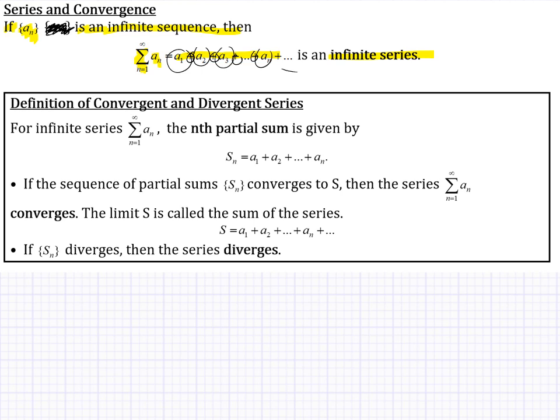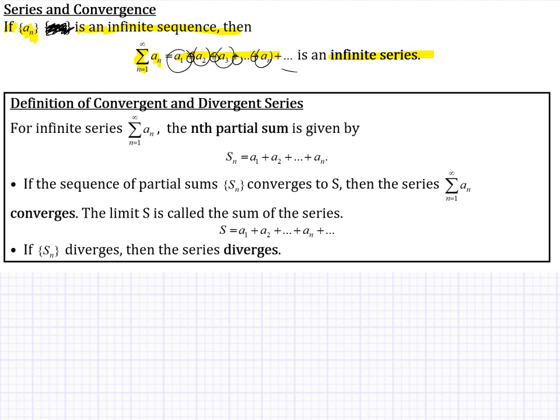Okay? A finite series is boring, because a finite series is just a finite sum, and a finite sum will always be a finite value. There's not much to that. Even if it's a million terms that you're adding together, it's still going to end up being a finite value. It's just a matter of taking the time to add all those terms together. It's the infinite series that's far more interesting.